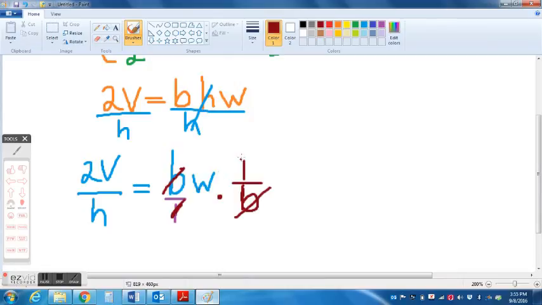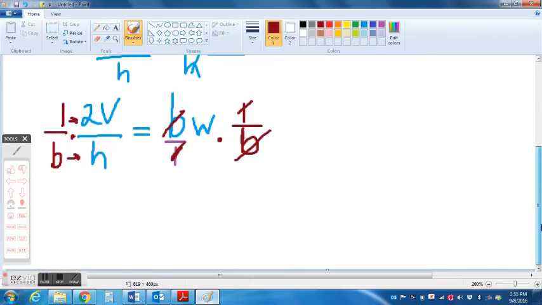And over here, I'm going to multiply this side by 1 over B as well. And remember, with our multiplication, we multiply straight across. So we're just multiplying by 1 at the top, and we're going to multiply by B at the bottom, so we still end up with 2V over BH. So see, we got there. We got the same answer, even with